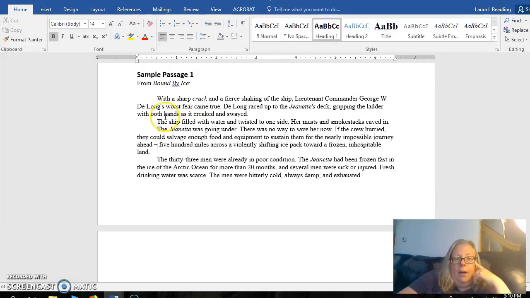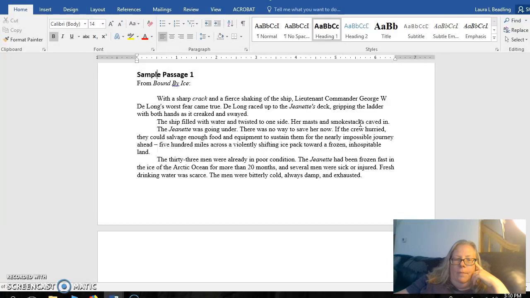Look at this second paragraph, it is literally 2 sentences, just about what's happening to the ship itself physically. It filled with water, it twisted to one side, both the masts and the smokestacks caved in. So just these 2 short, simple sentences that really convey a lot of the action, right? And so that's a very short paragraph featuring 2 very short, very simple sentences, and it conveys a lot of